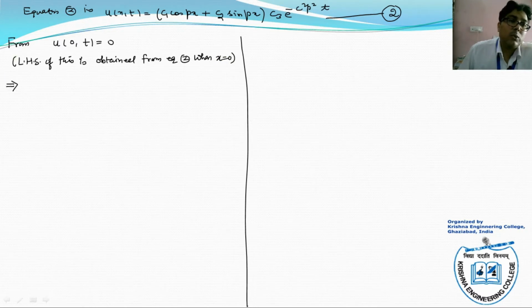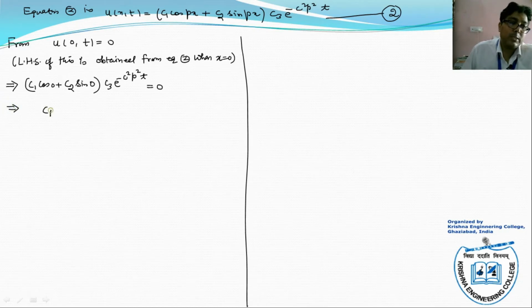So, u(0,t) becomes c1 cos 0 plus c2 sin 0, into c3 e to the power minus c square p square t as it is. Cos 0 is 1, so we get c1, and sin 0 is 0. So, we get only c1 into c3 e to the power minus c square p square t